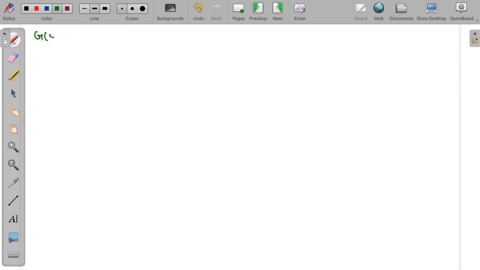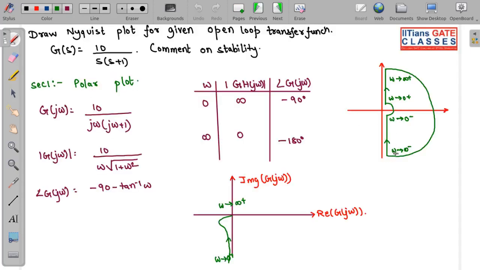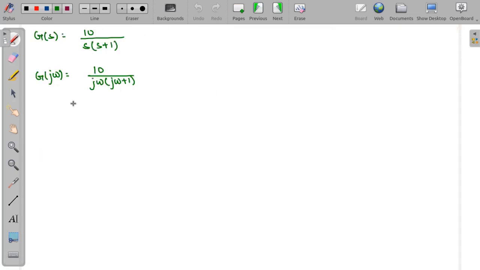still we are going to draw that. So look over here. G(s) is equal to what? 10 divided by s plus 1. Okay, so this is your G(s). Now look over here. Basically, if we want to write G of j omega, so that is equal to 10 divided by j omega plus 1. Now here I will do one thing. I will directly put the value of omega as minus, so that I can nullify this section 2. Section 2 is from where? It is from omega tending to infinite minus to 0 minus. So already I am taking the negative signs over here.